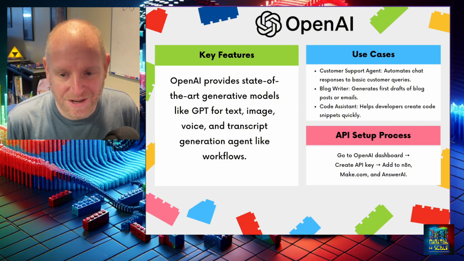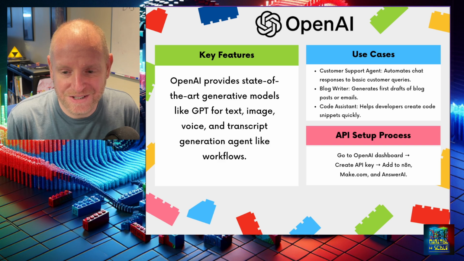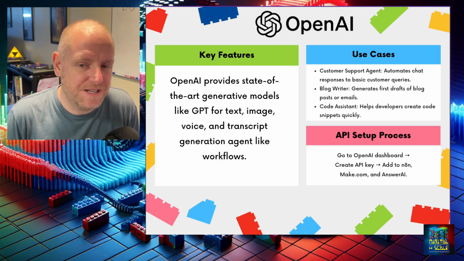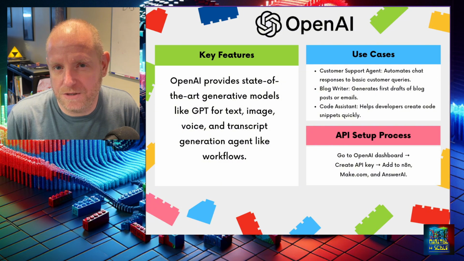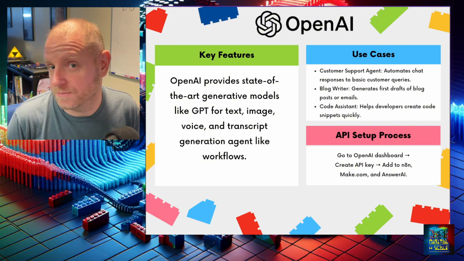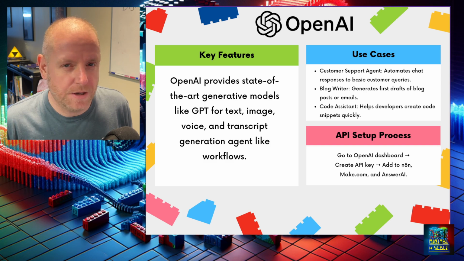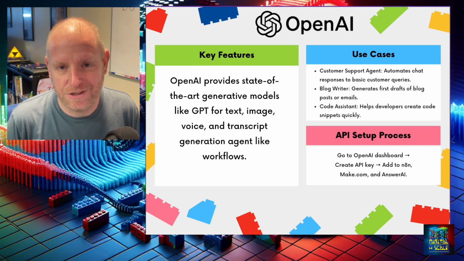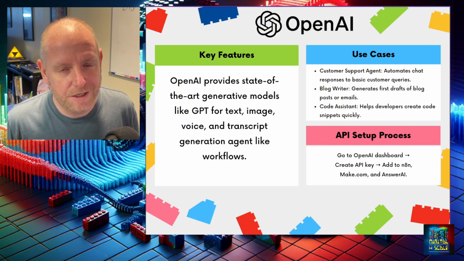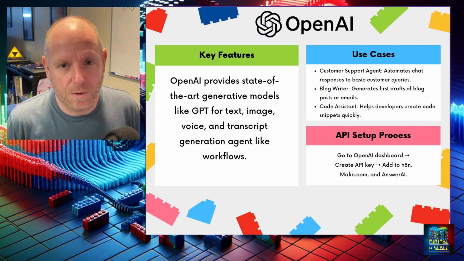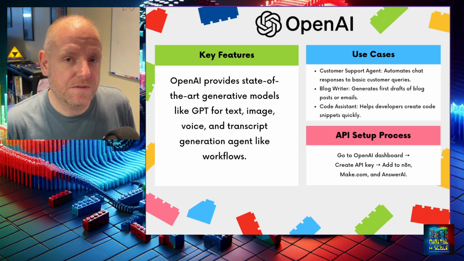This is just one of many throughout the years since we first started computing. So some of the different use cases that you'll be using OpenAI for is that we'll be using it to set up a customer support agent that basically automates chat bot responses. It's used for text summarization. You can use it for blog posts, coding assistance. There's a lot of different use cases that we're going to be using just the text generation for,